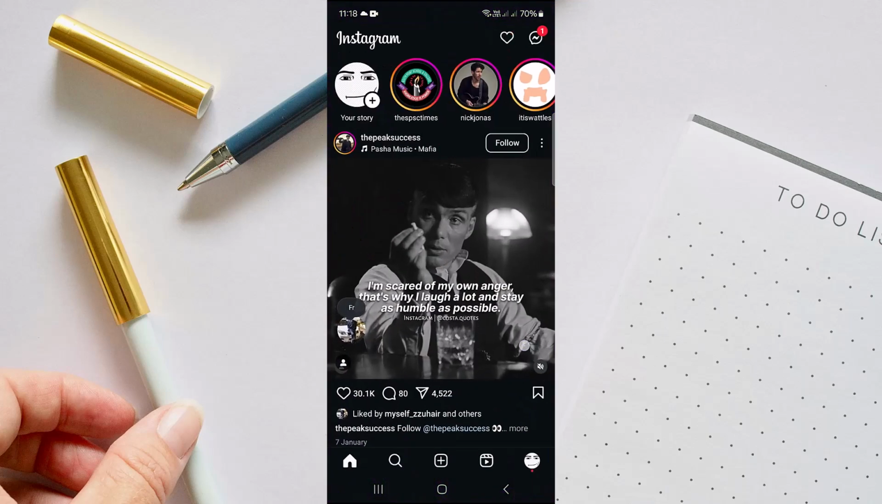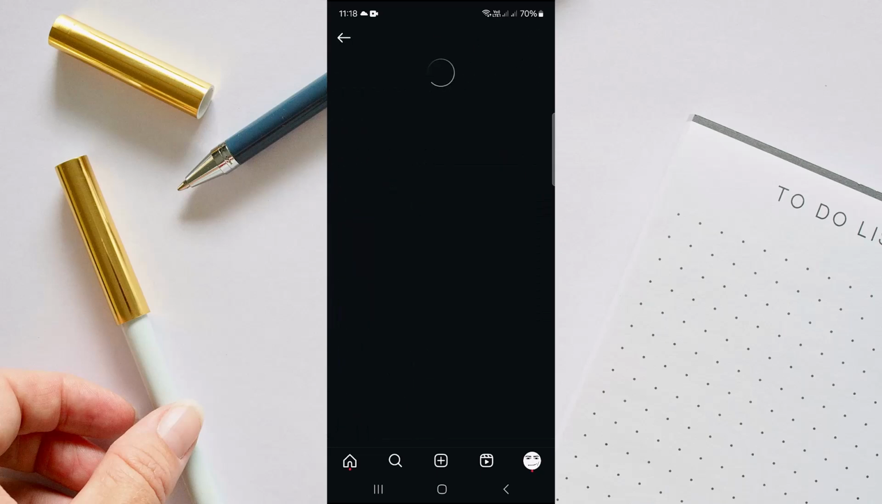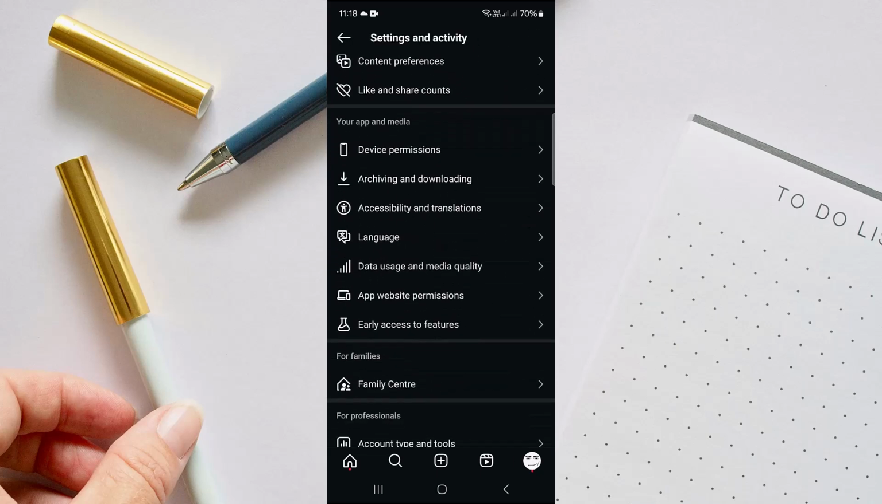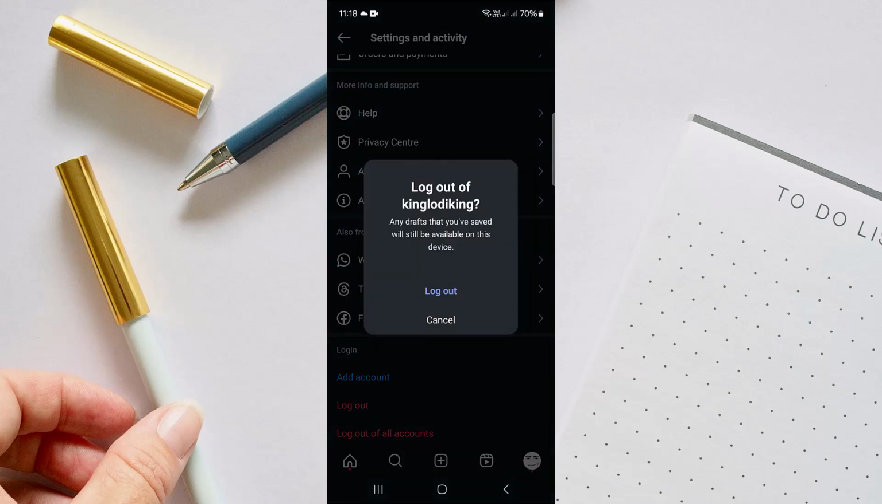You have to head over to your Instagram, head over to your profile, and here tap on the three lines icon on the top right. Here scroll down until you find the logout section, and from here just log out from your account from this device,